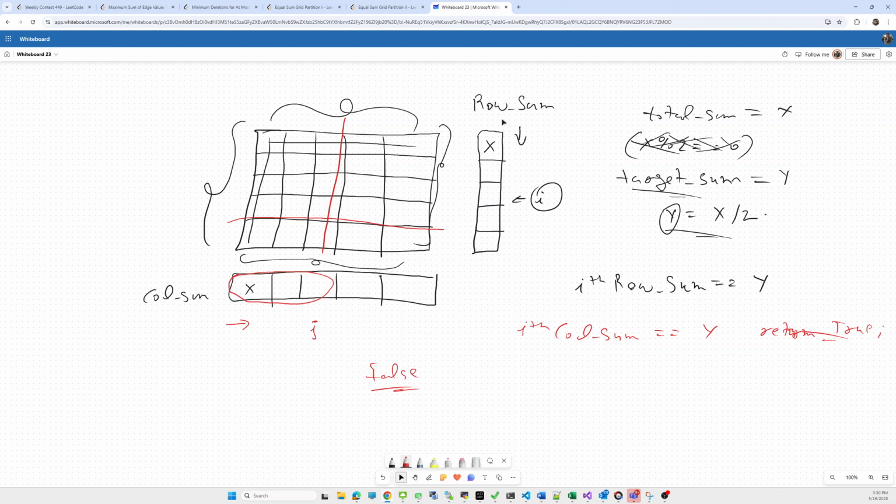While iterating either over the row sum or the column sum, what we check is the sum.